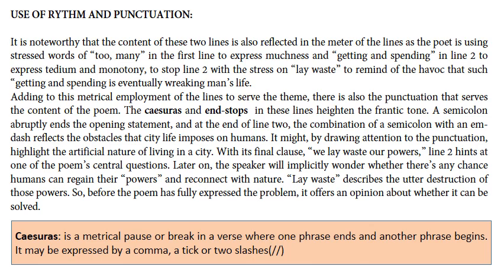It is noteworthy that the theme in these two lines is reflected in the meter of the lines, as the poet is using stressed words of too, many, too and many in the first line to express muchness, and then he uses getting and spending in line 2 to express some sort of metonymy,